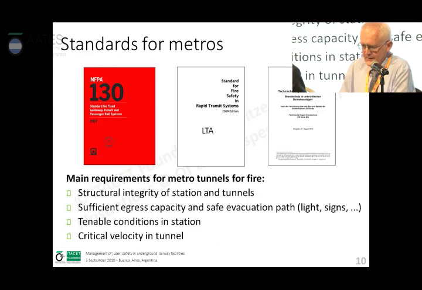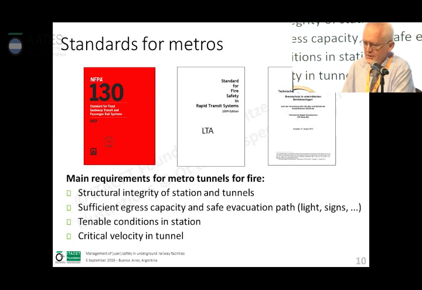Here there are some standards well established in the world for metros. Here in North America, South America, often the NFPA 130 is applied. That's well known. There are similar standards in the world. In the middle, there's an example from Singapore. At the right, that's an example from Germany. And those standards then define main requirements for metro tunnels.